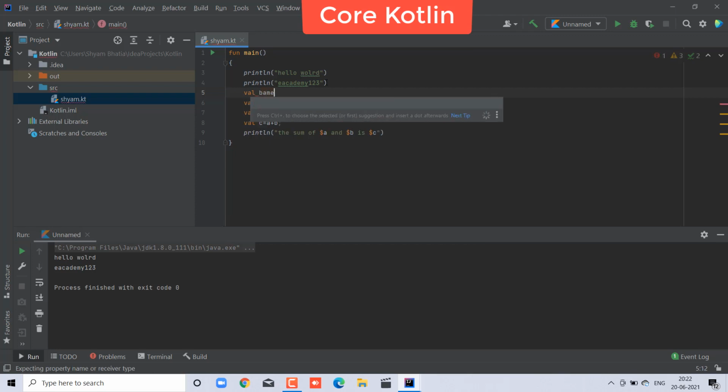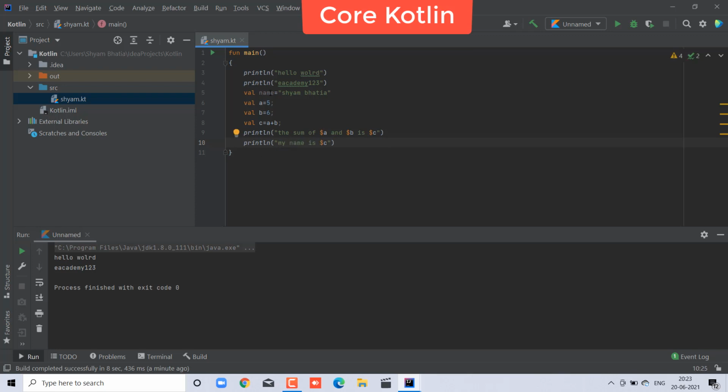I may also take another val, like name. Name equal to, I am taking nothing but my name, Shyam Bhatia. Okay, and I also want to print it, so just press Control D, and take the variable.